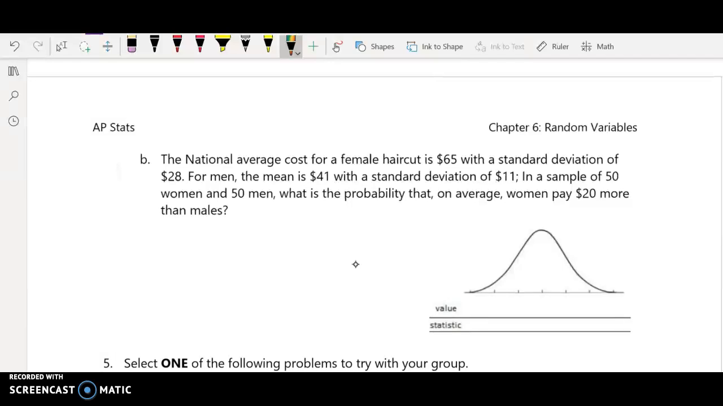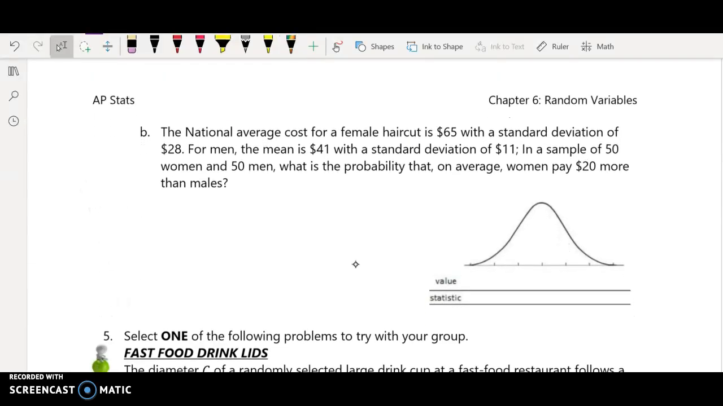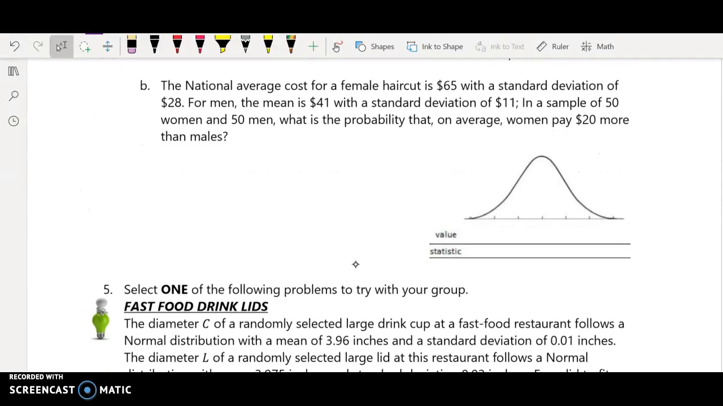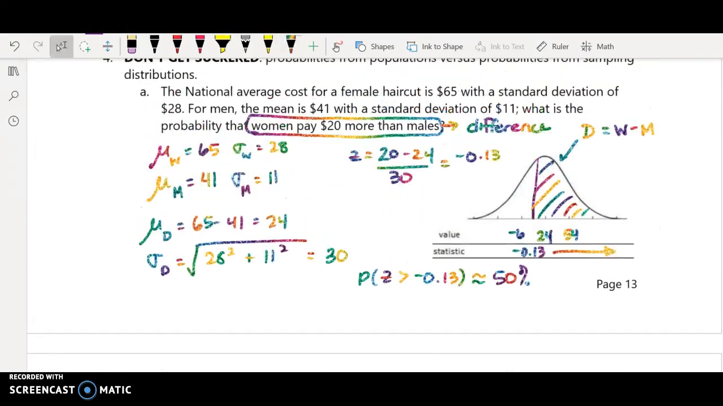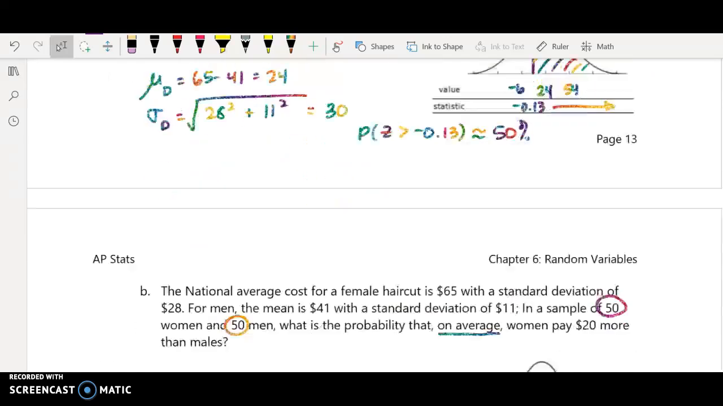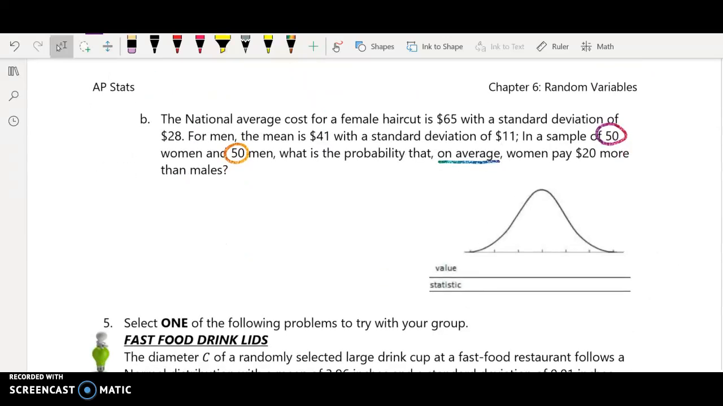Okay, so let's consider this next problem and how it's different. It says the national average cost for a female haircut is 65. So same information, right? But then it says in a sample of 50 women and 50 men, what's the probability that on average women pay $20 more than males? And the tricky thing here is that when I take samples of 50 and find an average, my variability is going to go down significantly. So while the standard deviation for this distribution was 30, the standard deviation for this distribution is going to be much smaller. So this is now the sampling distribution